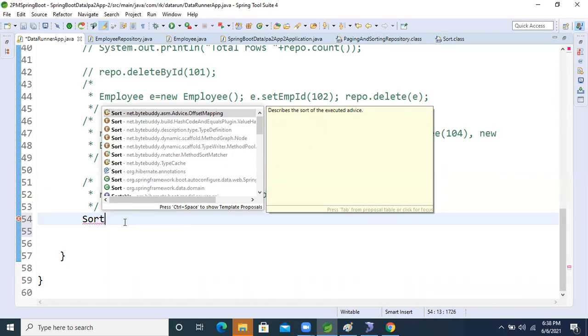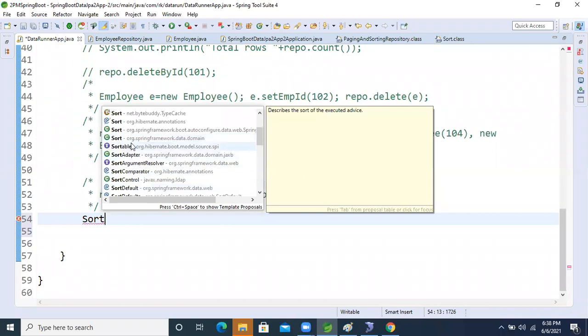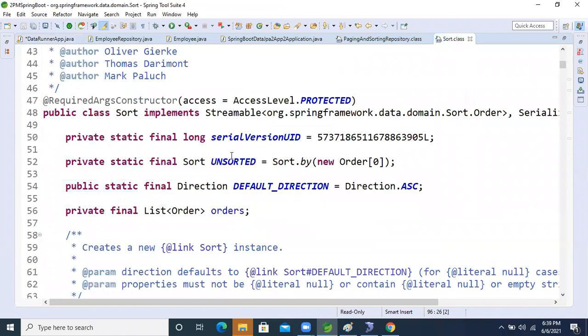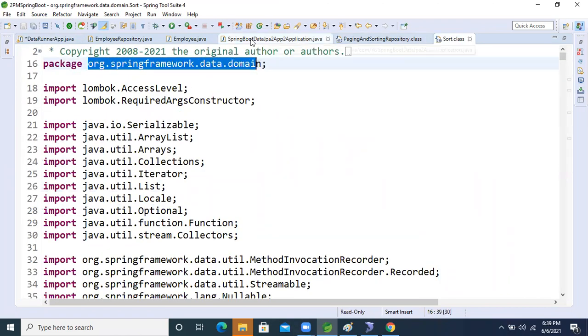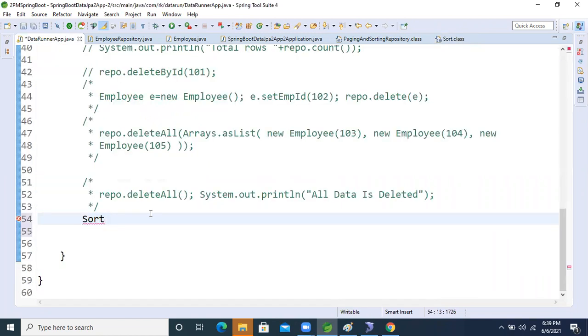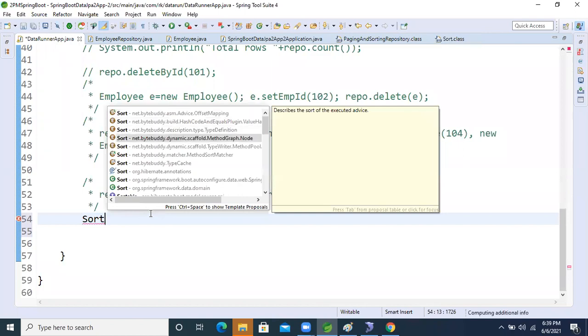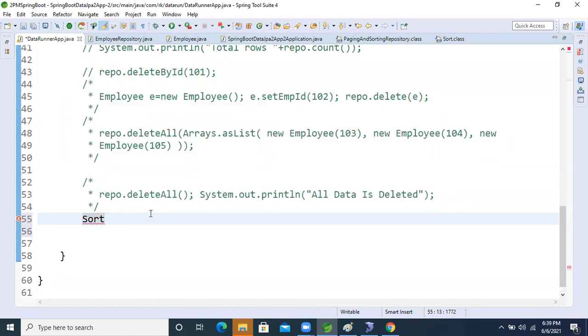Where is it now? The Spring Framework package, the domain package. Okay, fine. So let's take this class, Sort.